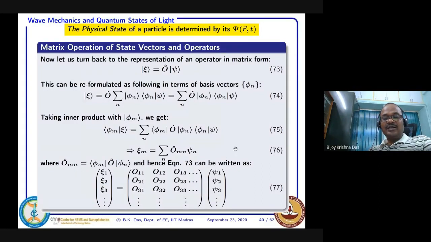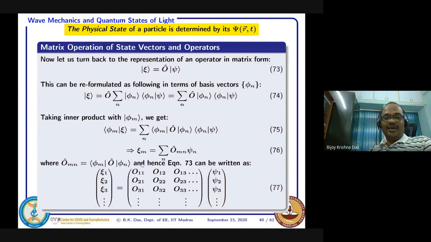Then this equation 73, this one, you have the mth component. Now you put m equal to 1. You get one set of addition. M equal to 2, you get another set of equation. M equal to 3, you get another set of addition, basically. And so on, you get all the n equations, if the dimension is n. Then you can write down the equations 76 like n different equations, right? And those equations you can write down in a matrix form.